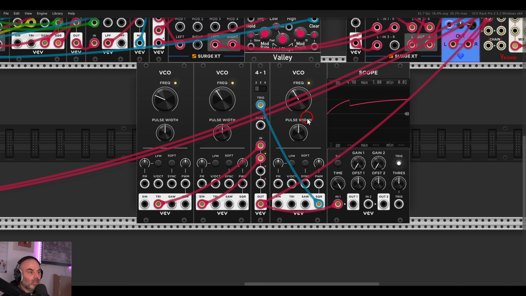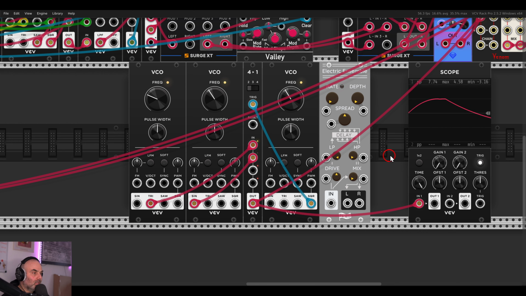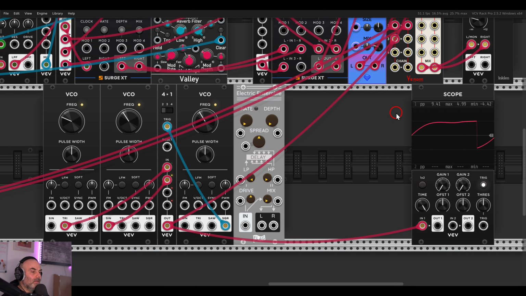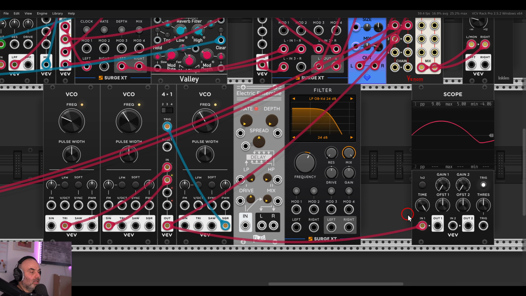Right, and of course we can switch between different waveforms. Before I do this, I'm going to use another filter. Let's do this. I'm going to use one of my favorite chorus effects in VCV Rack. This is the electric ensemble from Flag. And then we will get a stereo signal that we can then filter with the Surge XT delay